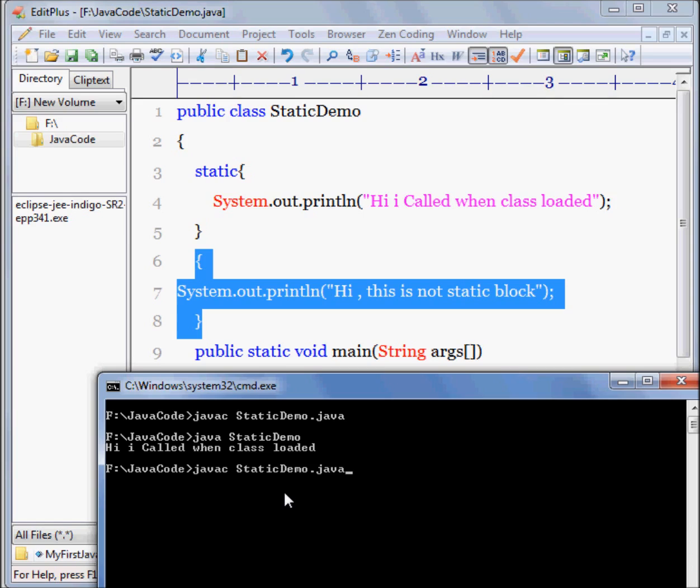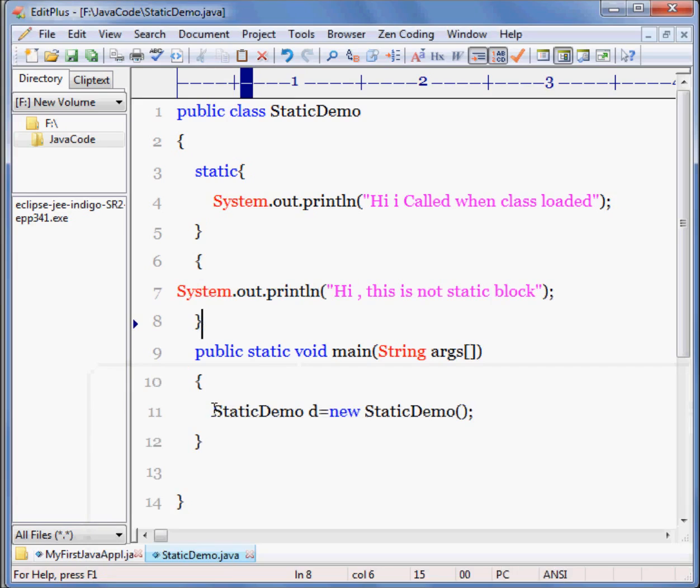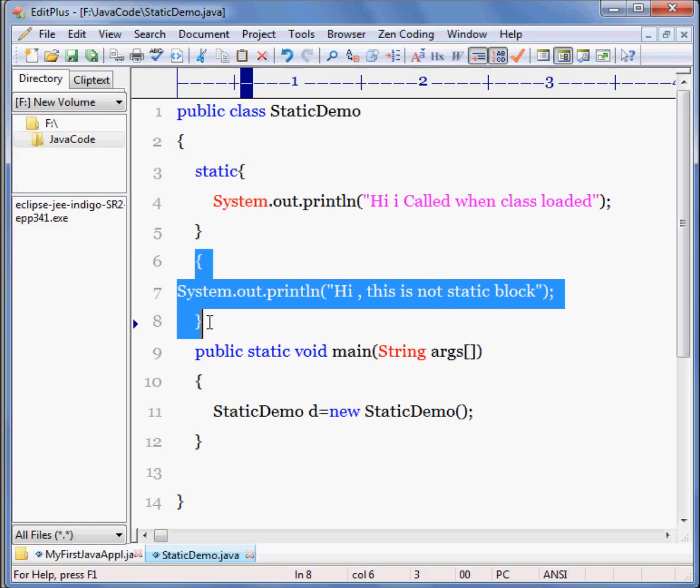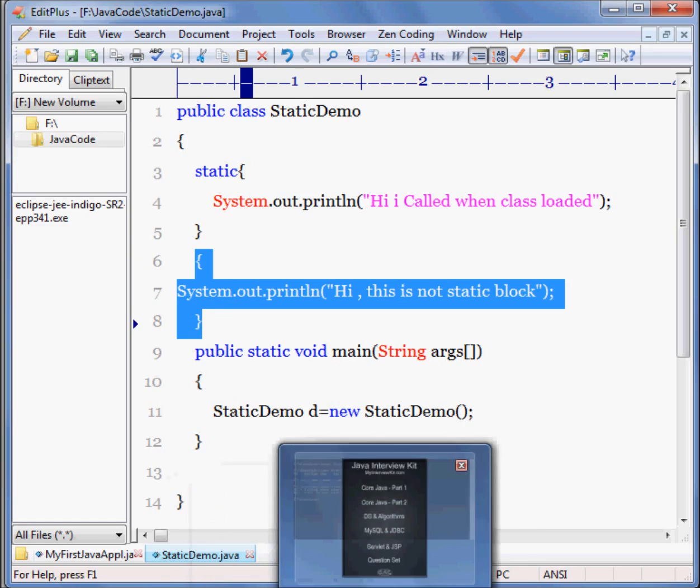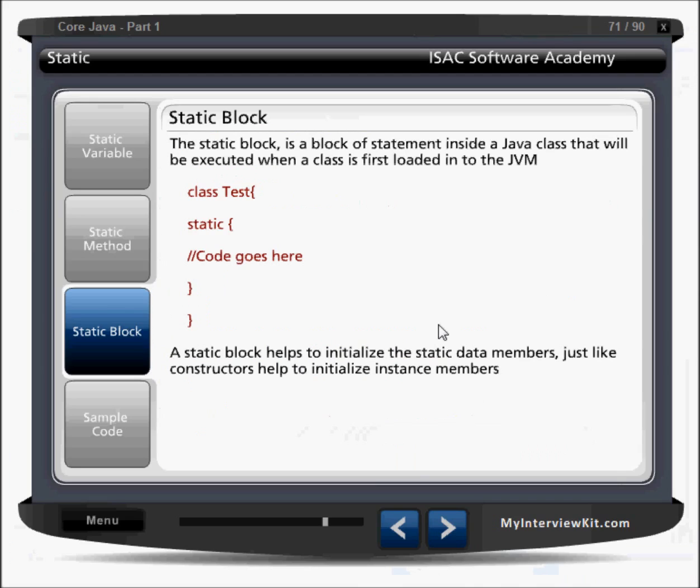Let us compile it and check once again. So now it is coming, right? The second line we are getting, "hi, this is non-static block," when the object is getting created. So this is what a static block and a non-static block are. Let us come back here. So you understood this. Next,